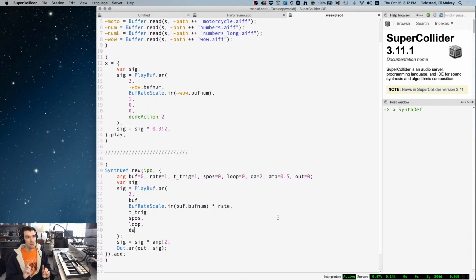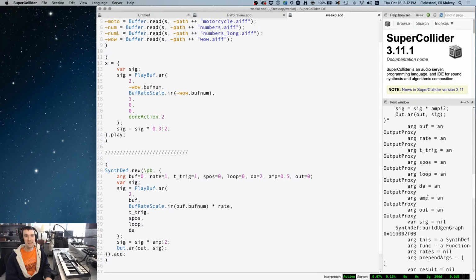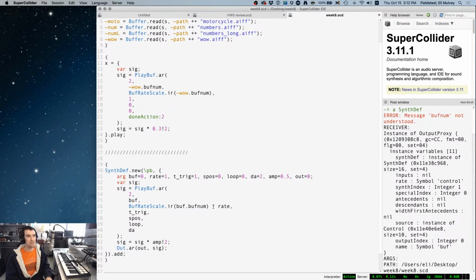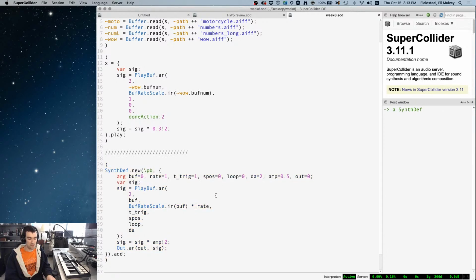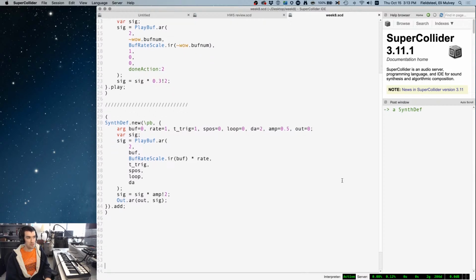And this should be good. No, it's not. What did I do wrong? Buffnum not understood. Yeah, I think we need to get rid of this. We can't say buffnum to an argument, because it's not actually a buffer anymore. It's an argument, which turns it into a type of unit generator. So I think that's the problem. My mistake. All right, so now that we've made a SynthDef, no problems or anything,